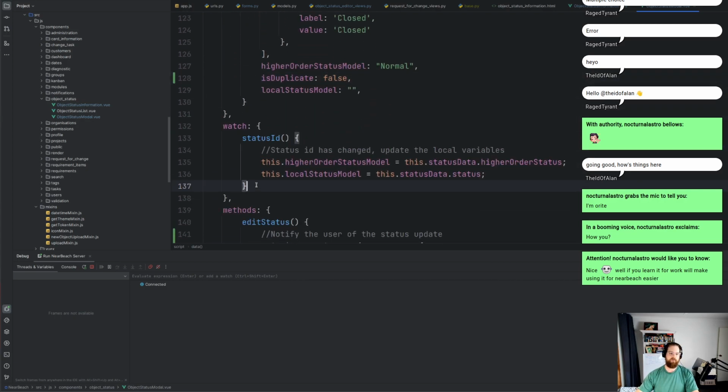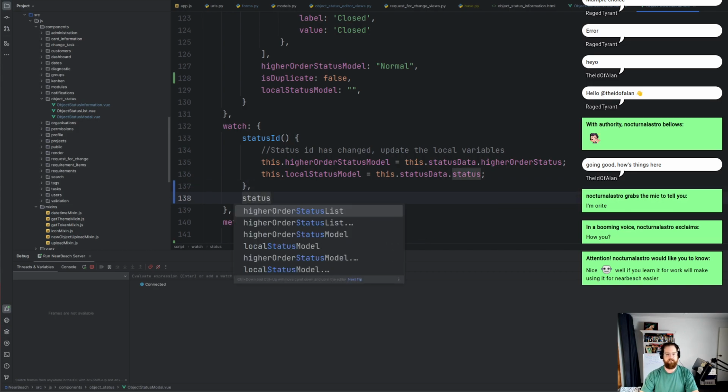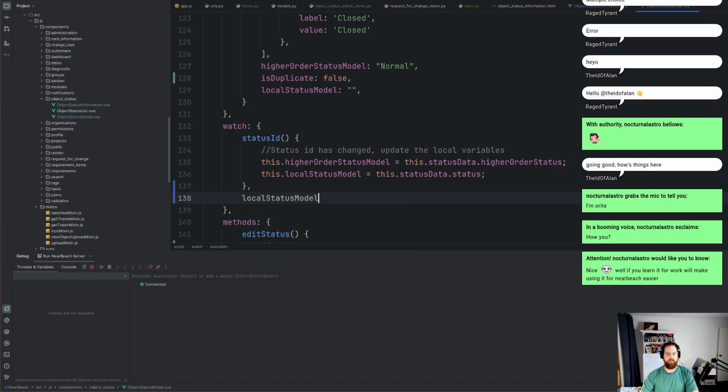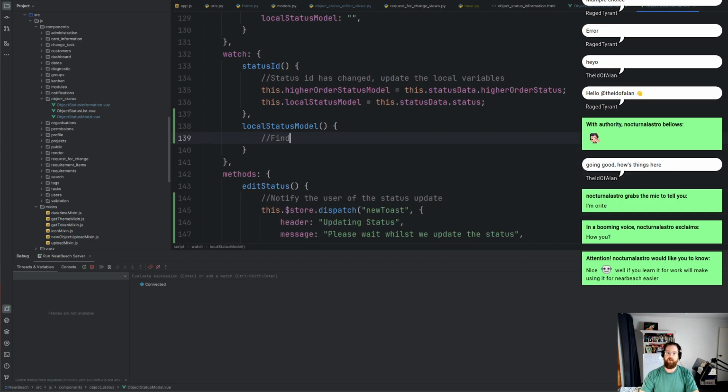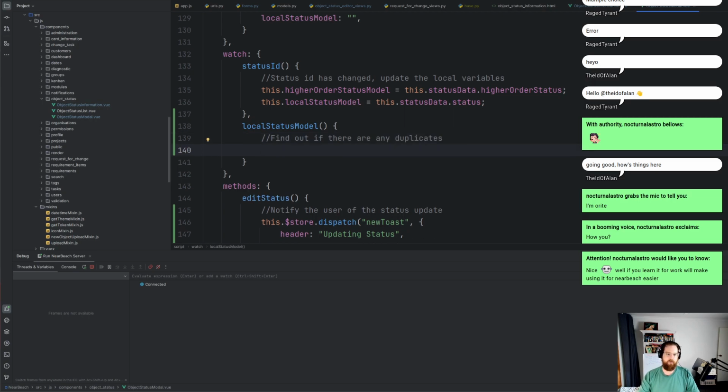We also have a watch where we're watching the status ID. We'll also watch the status, local status model. And this is going to find out if there are any duplicates. Okay, cool. So what we're going to do is const